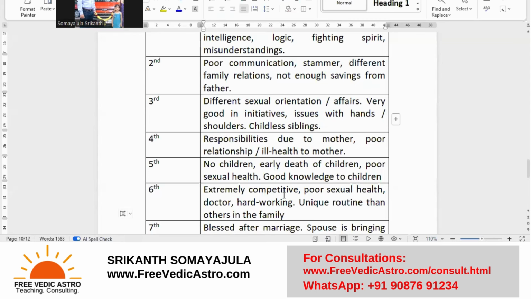Anyway, so sixth house, the person is extremely competitive. Okay, do not think this is going to be a very good signification. Once again, extreme competitiveness is good in one way, because you will be standing first in the class or standing first in something. But the problem with the extremely competitive nature is the person gets something, and he will think, look, this is not what I'm worth. I'm worth more, right? I need to target more. This more has no limits.